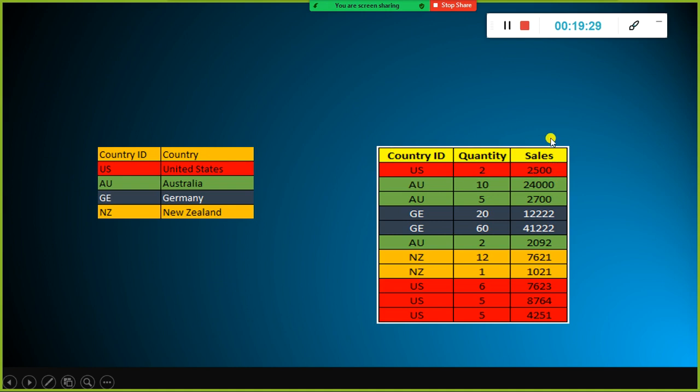For each transaction, at the transaction level, he wants you to see the sales performance. That means for United States, how many units we sold today and how much sales we made, and the day before yesterday how much we sold, and prior to that, and so on.